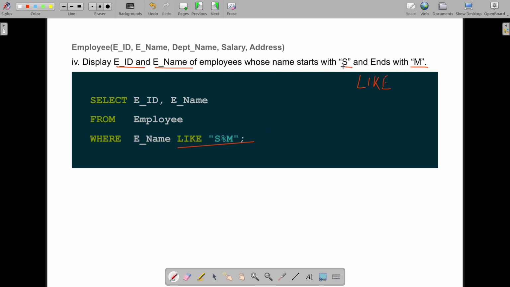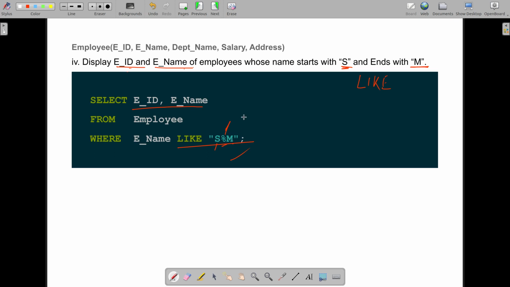So first write the columns they have asked, EID and ename, from employee table where employee name like S, should start with S, and this percentage represents any number of characters in between, and the last one should be M. And this is case insensitive, so writing either a small or capital M, both are fine.